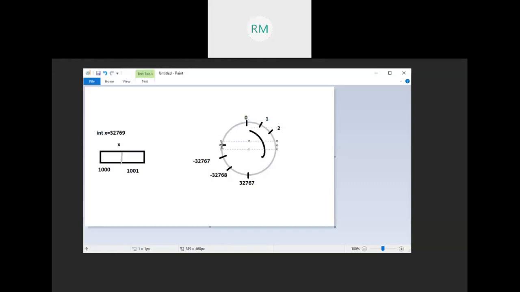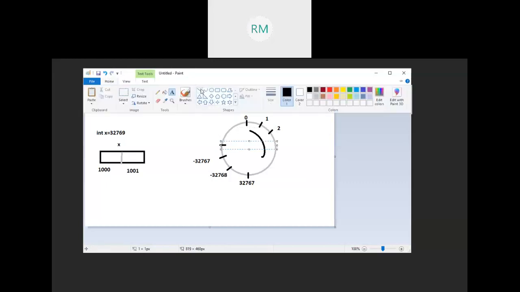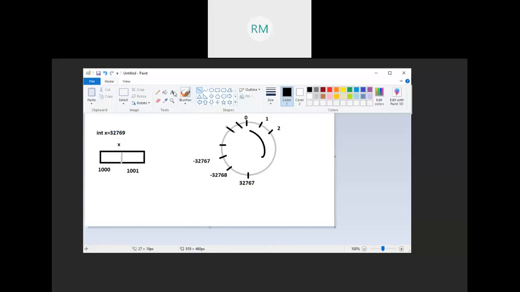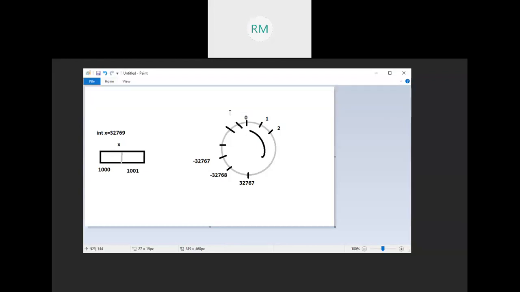So this diagram you have to draw, for any type of question you can answer, either signed or unsigned or anything. Okay, I will draw, because on a board it is very easy, but here it is difficult to draw this one. Anyway, always 0 in the middle, so left of 0, -1, -2. So in anti-clockwise direction we count the negative numbers.